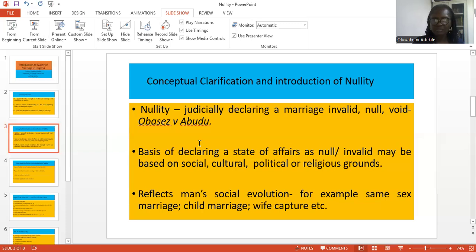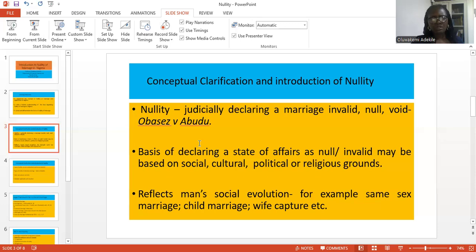It could not be dissolved except some fundamental wrong could be identified in addition to that marriage. Wrongs like the fact that if a party could not consummate a marriage, then the marriage would be declared void. Not that there would be a divorce. Divorce was not possible at some point in English history of marital relations. But the marriage could be annulled. It could be said that these parties never married. In fact, they are not divorcees. They never married in the eye of the law.